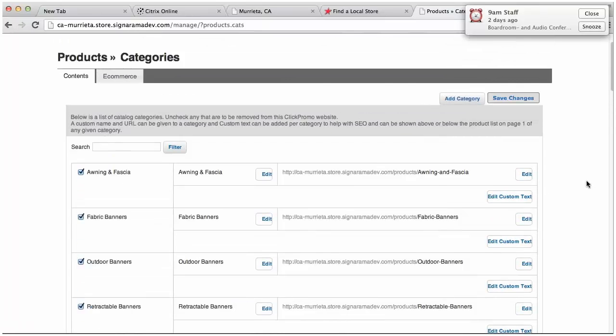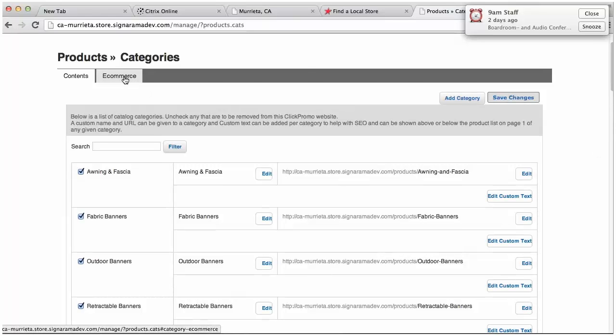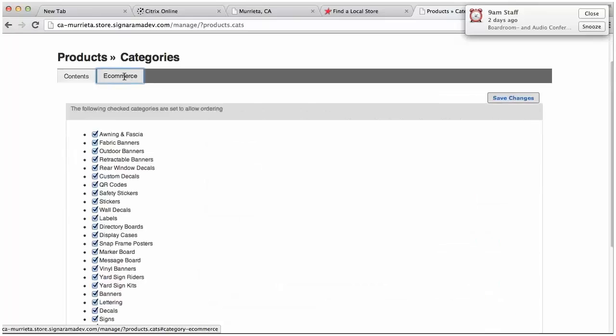The place that we need you to take a look at is over here in the e-commerce tab. If I click on the e-commerce tab, all of the categories are checked. If they are checked, it means that they are allowing ordering on your site. So if for some reason you don't want customers to come onto your site and order